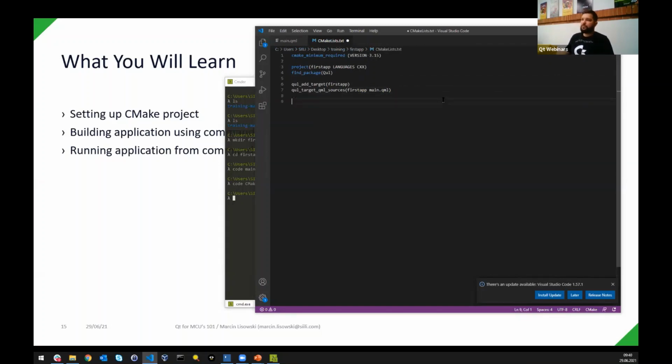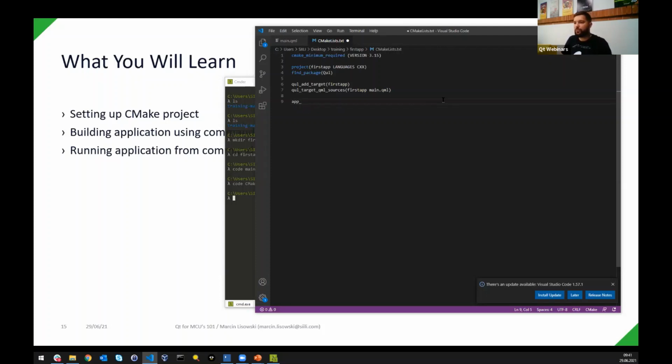And at this point, we have almost everything defined, and you can wonder where is the main entry point for our application. And there are two ways of doing that. We can define this on our own, by just creating another C++ file, and by defining the main function there and running a few functions to just initialize Qt for MCUs, and then we can start executing our application. But the simplest way of doing that on the first step is to use one of the predefined main entry points. And we can do that by